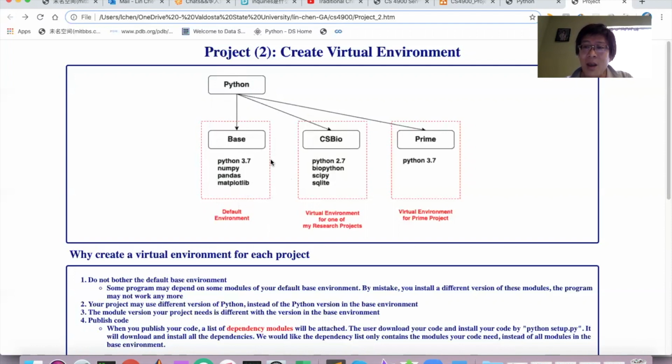However, for real coding, we don't like people to do that. We would like to create a virtual environment for each of our projects. Suppose right now we write the prime project. Please create a virtual environment for prime. Then we can do whatever we need in this virtual environment. Why do we need the virtual environment? Check here. Suppose right now your default